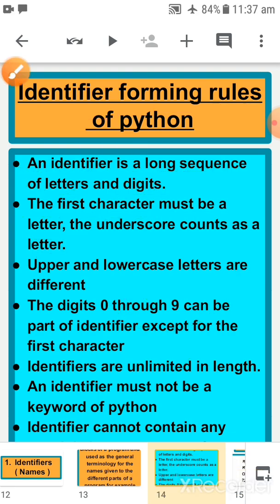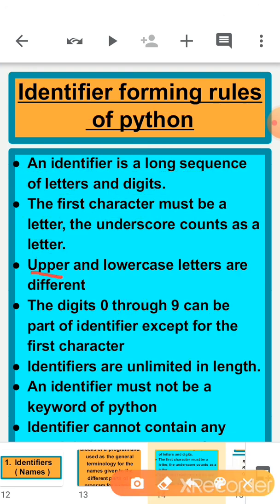Now in an identifier, upper and lower case letters are different. We have already discussed that Python is a case sensitive language, in which upper case letters and lower case letters are two different things. Digits 0 through 9 can be part of an identifier except for the first character.